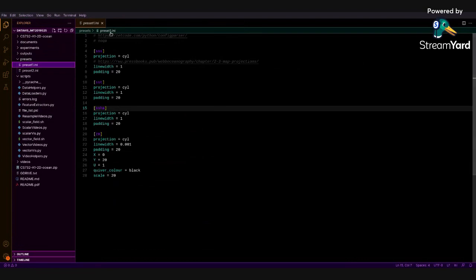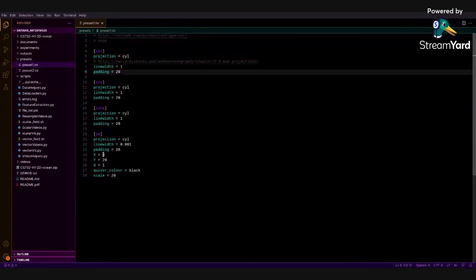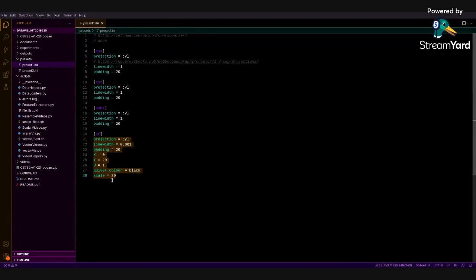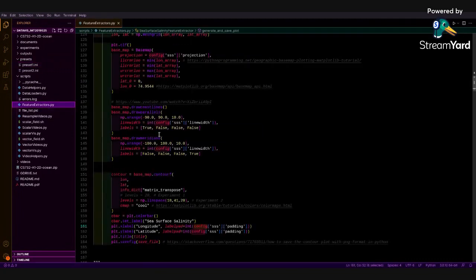So as you can see, this is one of the presets, preset one, and we have three moving parts of each scalar field and about one, two, three, four, five, eight moving parts for the vector fields, and we can change them over here, and this will change the plots. This is not the only thing we can change about the plots. If you want to alter the file directly, you can also change a lot more things. All of the details of changes have been given in the README, but we read them out from here, and